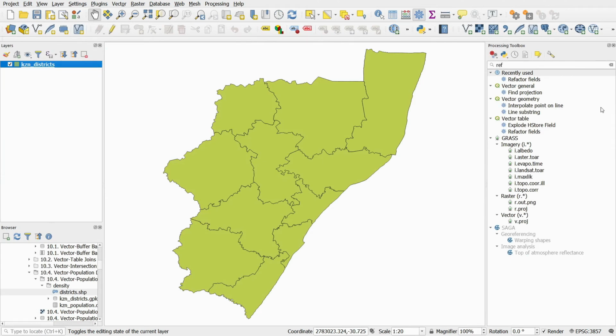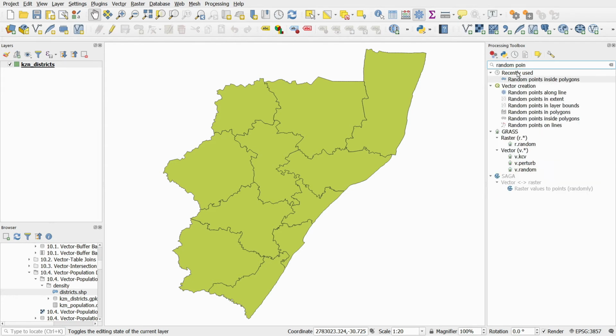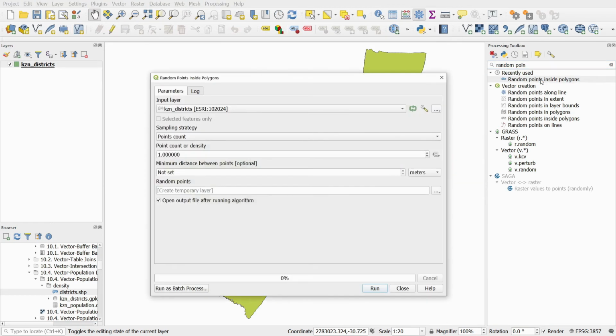Minimize your table. In the processing toolbox, you can search for random points inside polygon. You can see here that it's under My Recently Used, but it's also under Vector Creation Tools over here. I'm going to double click to open the algorithm. So now we would like to make a point cloud or density value for the population 10K field that we just made. So we would like the input layer to be the KZN districts that we created. We would like it to be a point count